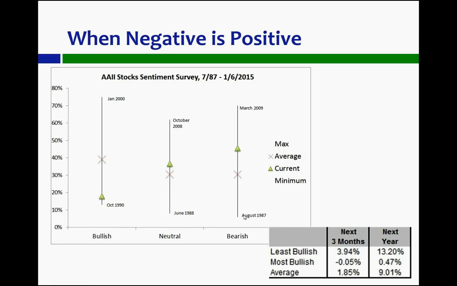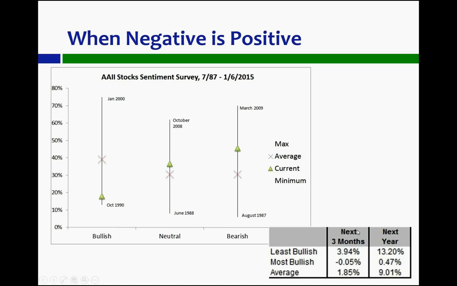Monday crash in 1987. So to provide some current perspective, to start the year in January, after that first week of January, we had one of the lowest bullish readings ever in this sentiment survey. And it's not really surprising considering how the year started, but what happens from a market return standpoint is that if you look at when people are the least bullish or the most bearish, the best returns happen from that standpoint. And so we want to be thinking, when everyone else is scared, that might provide a very good opportunity